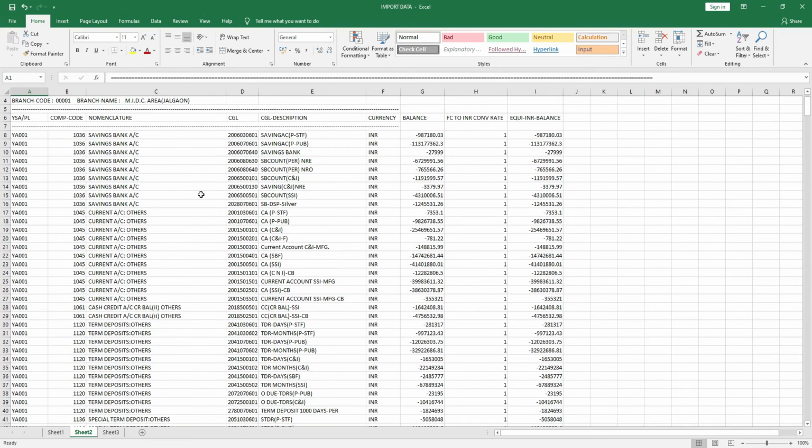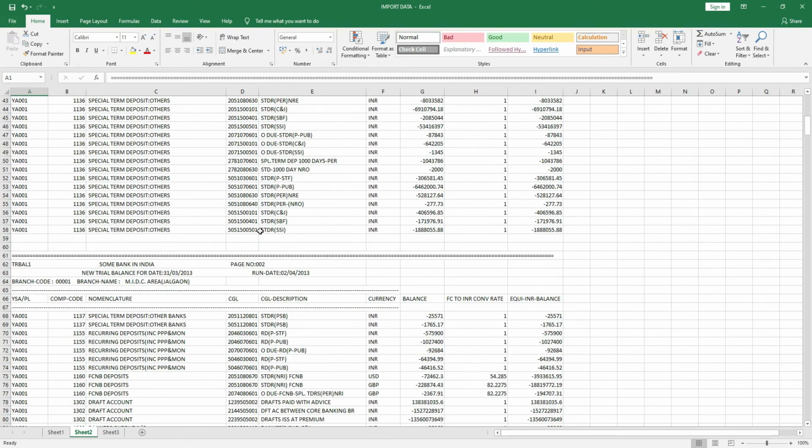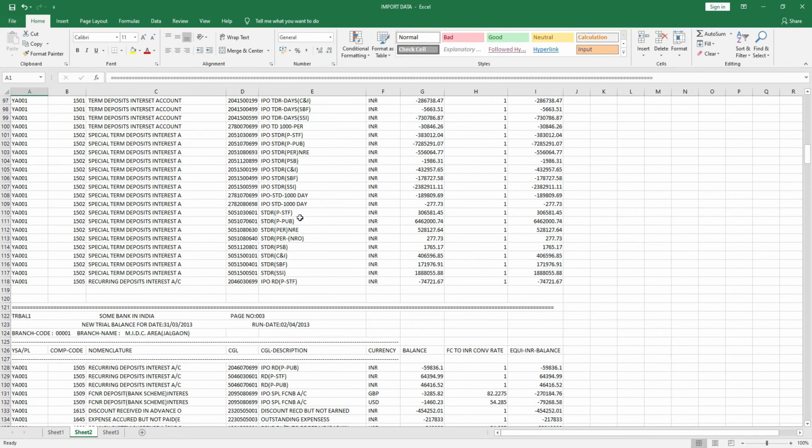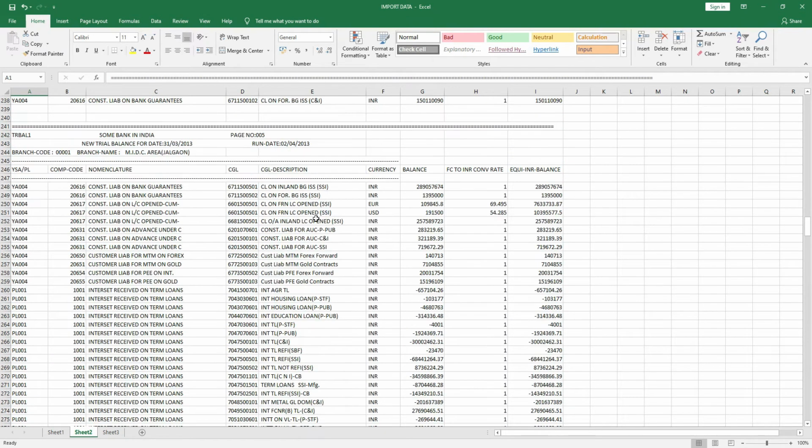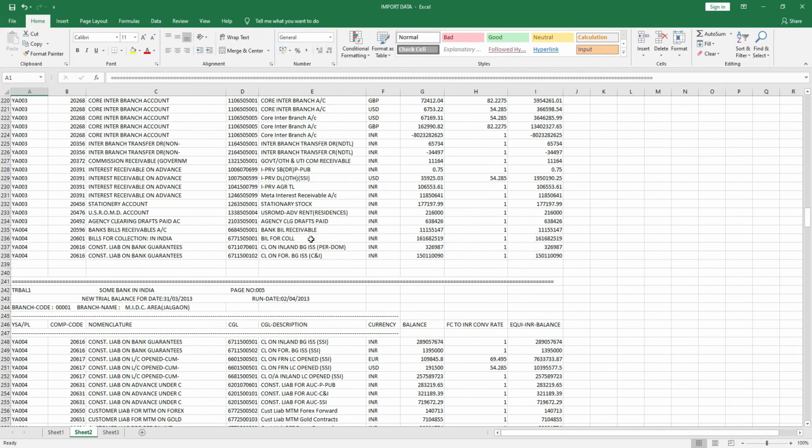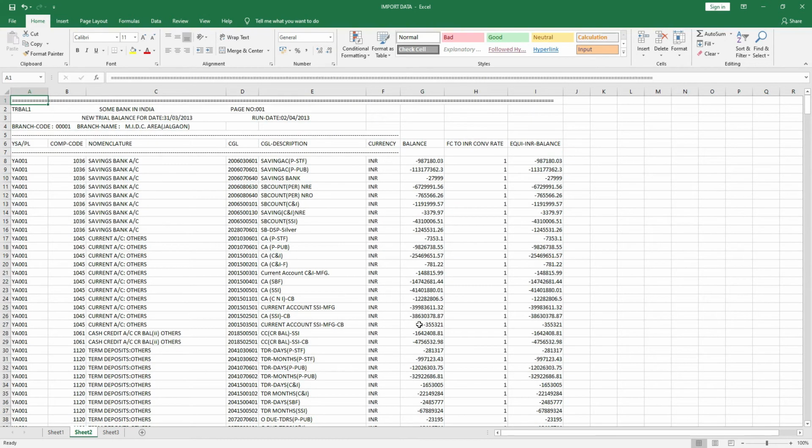So this is the data, and this trial balance is huge. It has got a lot of figures and a lot of accounts. Now while I go through the data, I realize that this data has got a lot of redundancies. Redundancies in the form of blanks, blank cells, and redundancies in the form of duplicate row labels. So what I find here is "Balance" at row number 46. What I also find is "Balance" at row number 6.